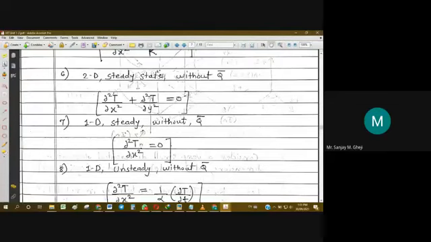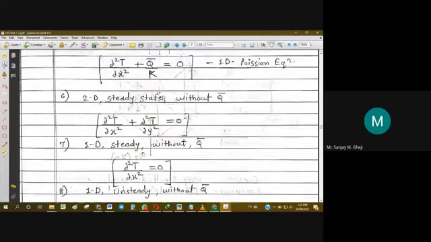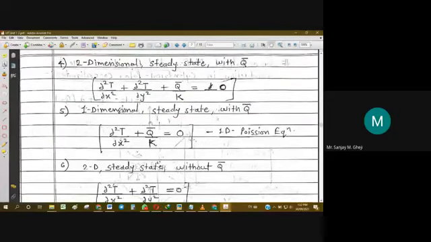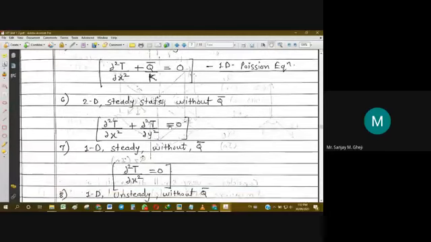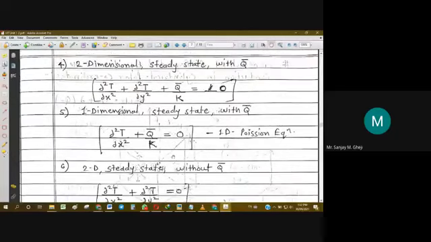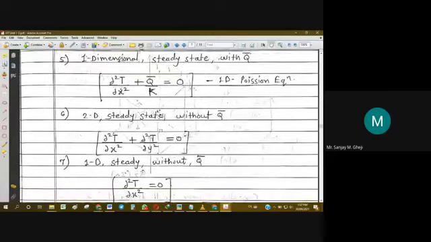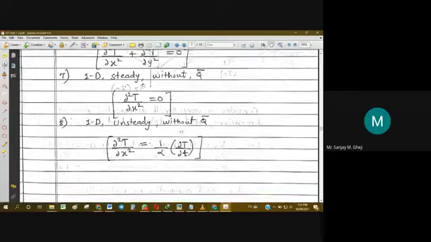Most of the cases we are going to see will depend on this equation. Whenever we are going to solve different problems, a variety of problems, in most of the cases you will see this equation will be very useful. ∂²T/∂x² equal to 0, because the rest of the other cases such as two-dimensional and three-dimensional heat transfer are very difficult to solve numerically, because we have to solve the differential equations in all directions, and their order is also high. The number of equations will be very large, and that becomes very time consuming and laborious.